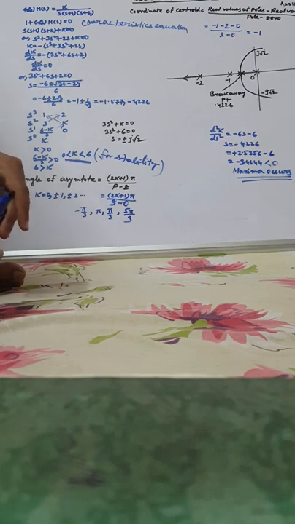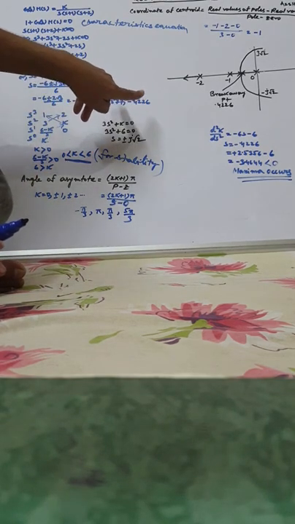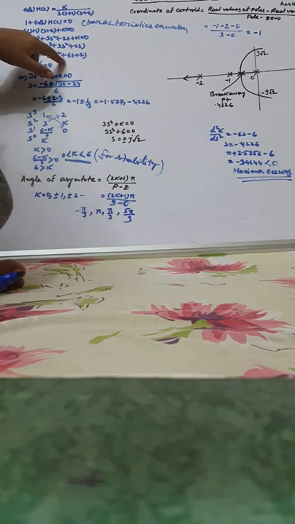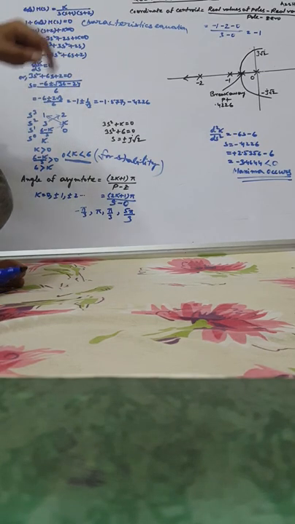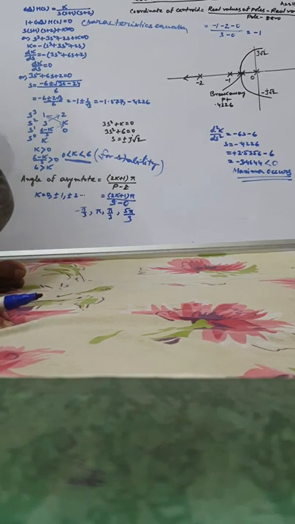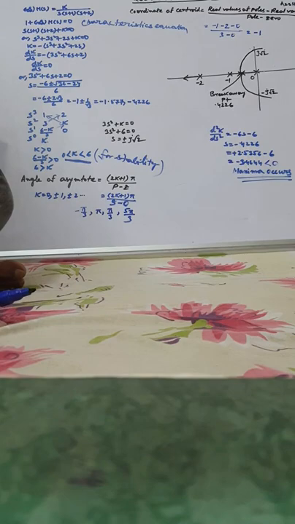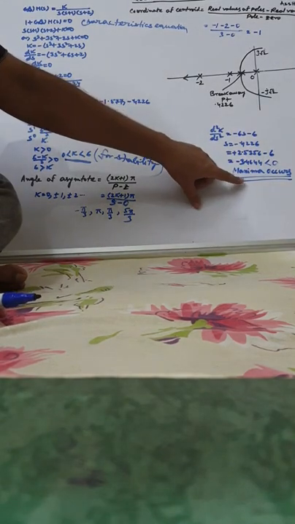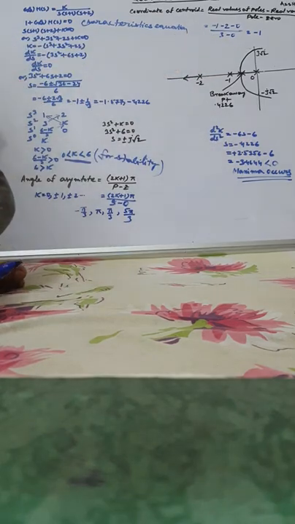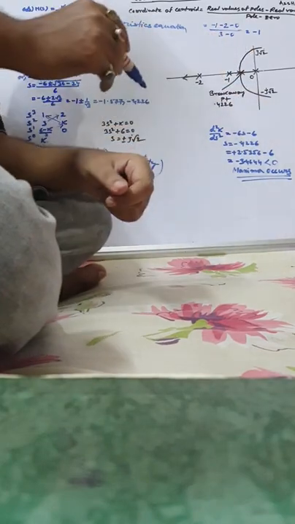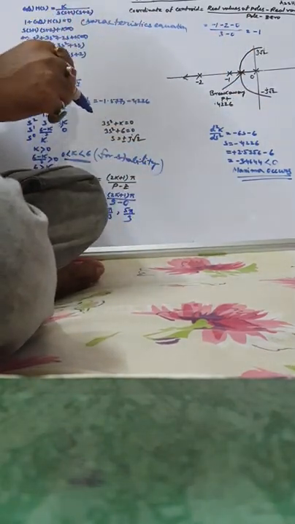Now we have to check, among these two points, which one is the breakaway point. So d2K/ds square, you differentiate the function minus within bracket 3s square plus 6s plus 2. So you will get minus 6s minus 6. So put s equal to minus 0.4226. Your result will be minus 3.4644, which is less than 0. So maximum occurs at this point. So this point is called the breakaway point, where two root locus branches on the real axis meet.